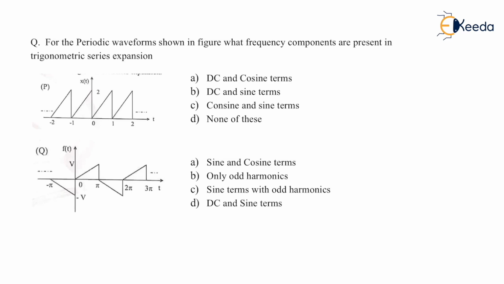So let us see. As you can see, amplitude is 2. So the trick is always to try to shift the signal in such a way that we get equal signal above the 0 line and equal signal below the 0 line. So obviously I'm going to shift this signal by 1 unit. So I'll be getting this kind of signal. So this is a new x of t now.